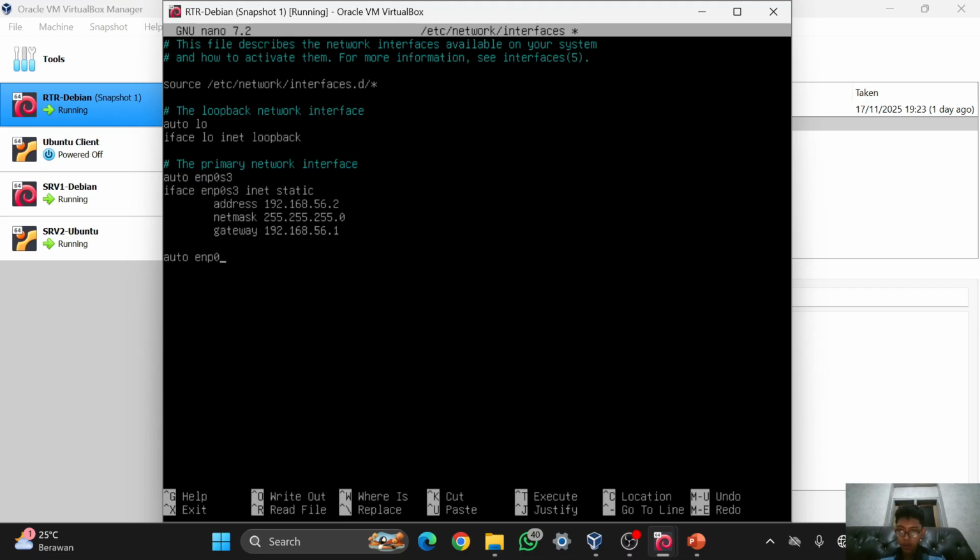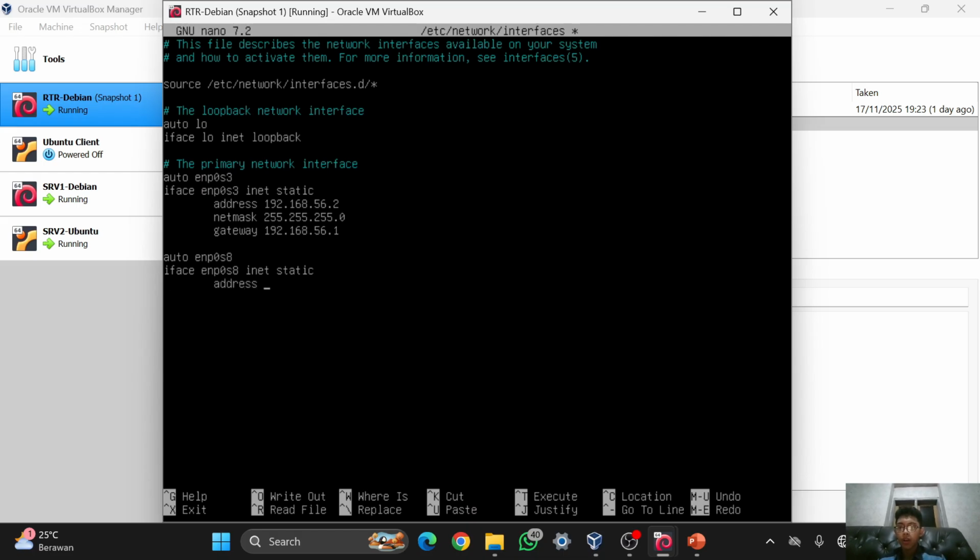It is not O but using 0, and then iface, that means interface, enp0s8 inet static. In here it is static, and enter again, tab address.